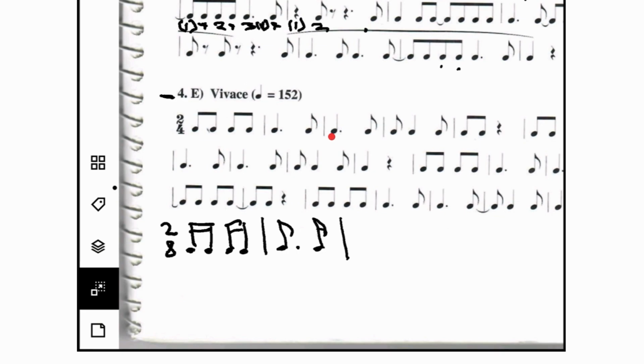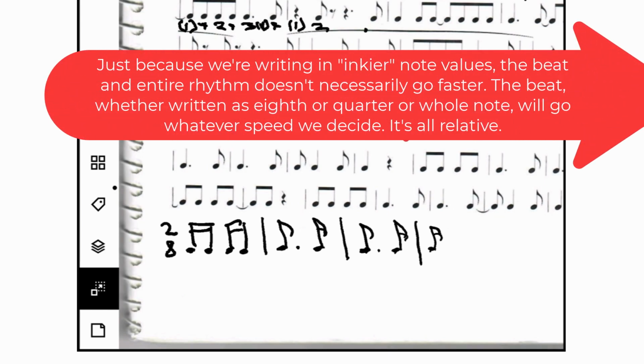Okay, so we're going to get inkier. I like that. I'm going to say that. The dotted quarter again becomes a dotted eighth. The eighth note gets inkier, so it becomes a 16th note. Here's another 16th. Another